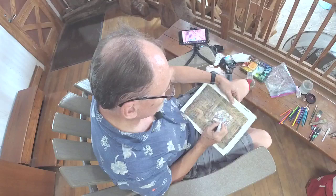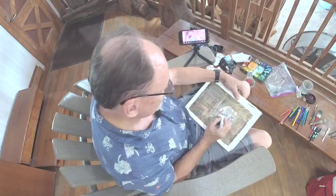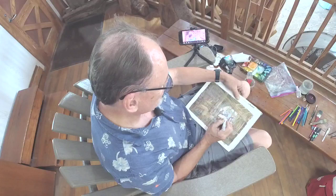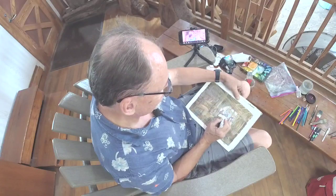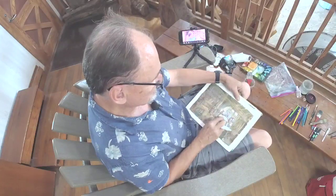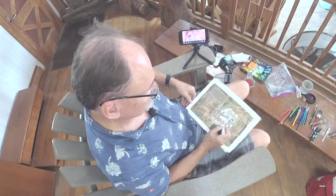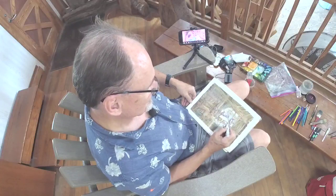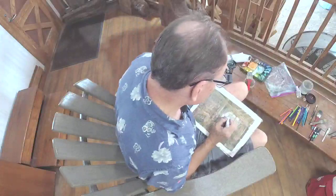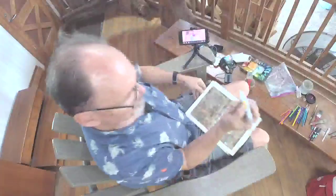So this is the part that would make any real watercolorist blanch, as the saying goes. To blanch is to turn white. So this would make most watercolorists turn white with horror. The nerve of this man. The nerve to use whiteout